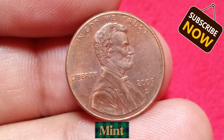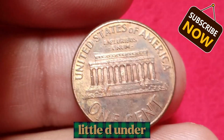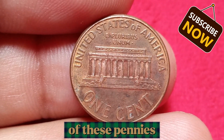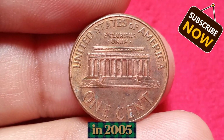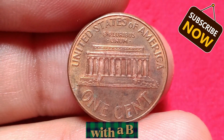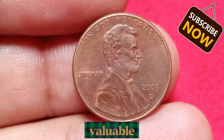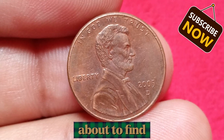And the Denver Mint, represented by that little D under the date, produced over 5 billion of these pennies in 2005. Yes, that's billion with a B. So how can any of them be rare or valuable? Well, as we're about to find out,